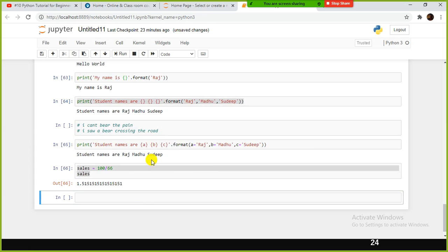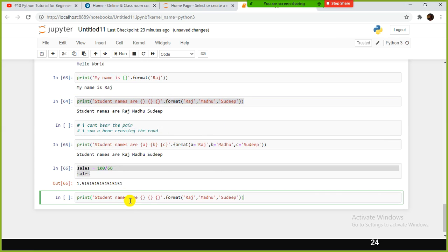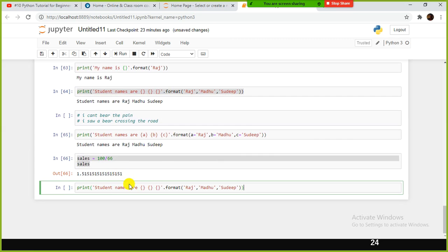So I want to print the result something like this, 1.3f, something like that. Okay, you can directly use format.